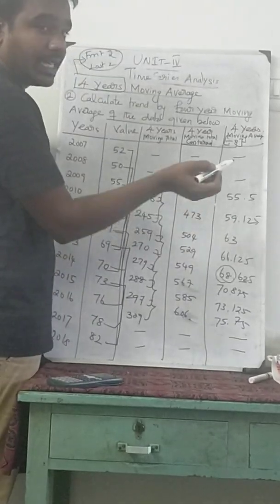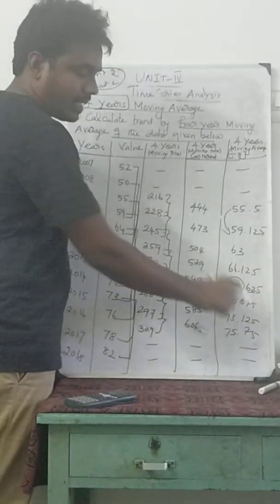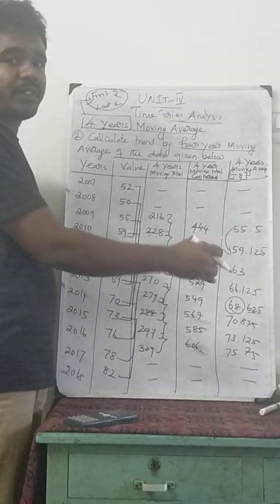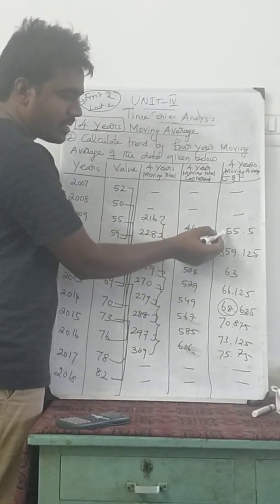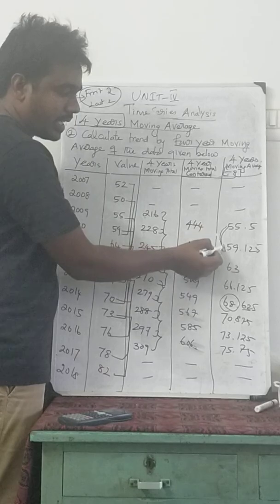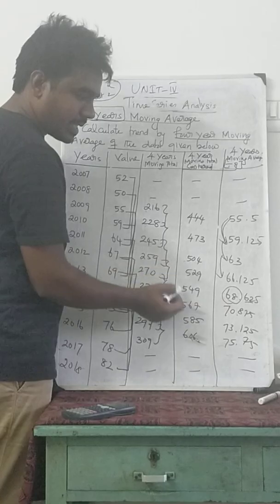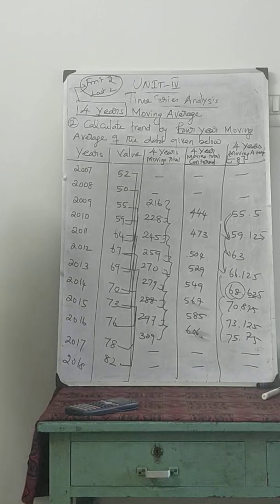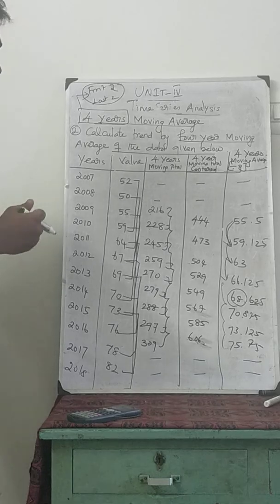Now we can find out the trend by using this value, whether it is increasing or decreasing. So here 55 to 59, the last column is trend. Okay, so we can see the values. By using these values itself, we can identify whether it is an increasing trend or a decreasing trend. Look here, the first 4 years moving average is 55. The next is 59, it is an increasing trend. Then this also is increasing, and this is also increasing. So every year it keeps on increasing. So it is showing an uptrend in the data. Uptrend means the values keep on increasing.